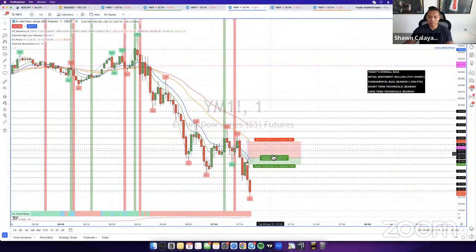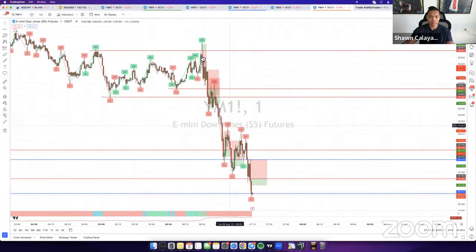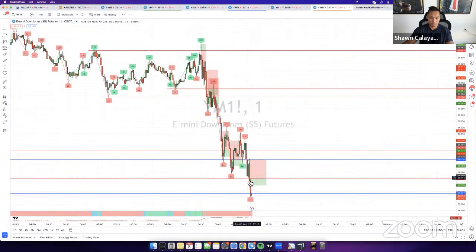Randy said he didn't catch the pullback, but he caught liquidity. So you guys can see over here that it pretty much lined up with each other, right? There's like two different entries here that came up. So this is the confluence that I was talking about. I was like, okay, it's cool if price retraces up, which it did right here. And then it came right back down and it blasted right through liquidity.